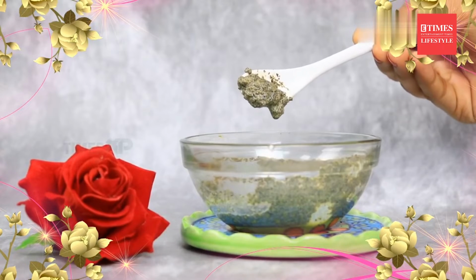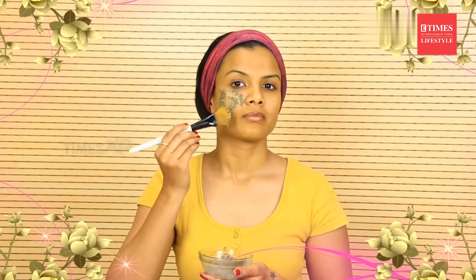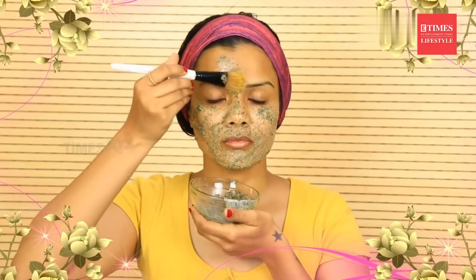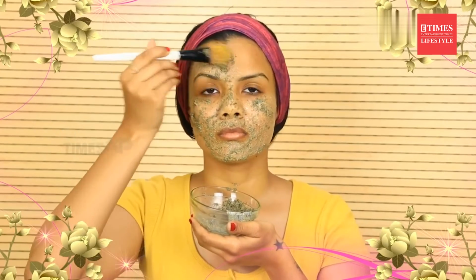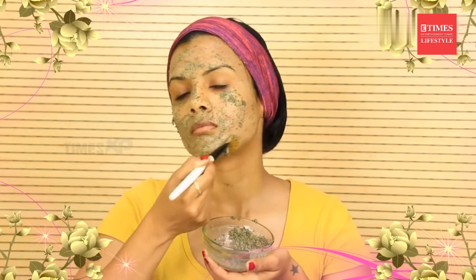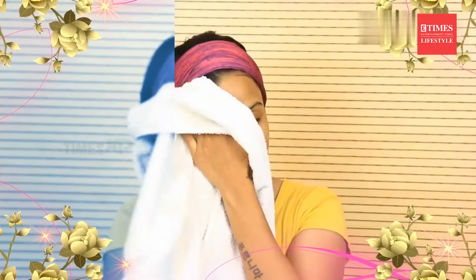Then, after giving it all a good mix, apply the mask on. Gently massage initially and then leave it on your skin for about 10 to 12 minutes. Rinse with cold water and apply this mask 2 to 3 times a week for more purified and youthful looking